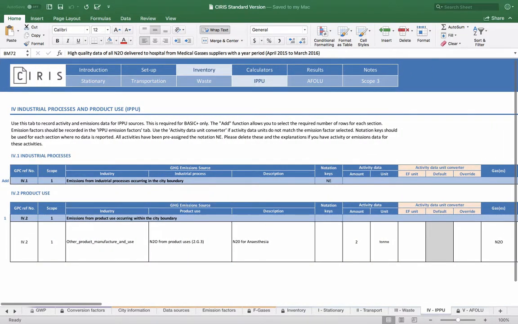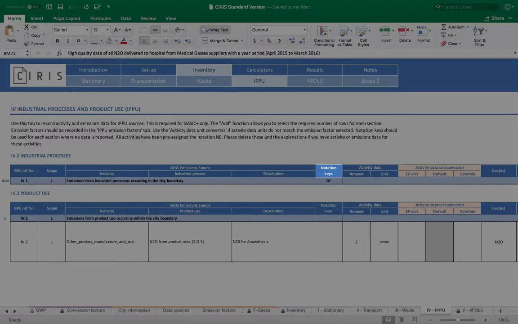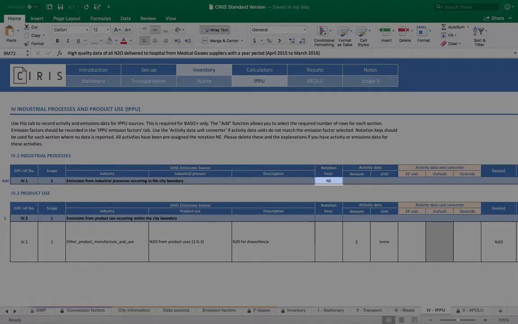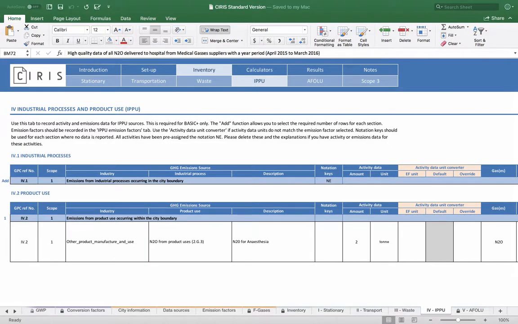As in the previous videos, where emissions are not able to be reported, either because they are not occurring or not possible to report, we must use a notation key. The IPPU tables are pre-populated with the notation key NE, as this sector is not required for basic